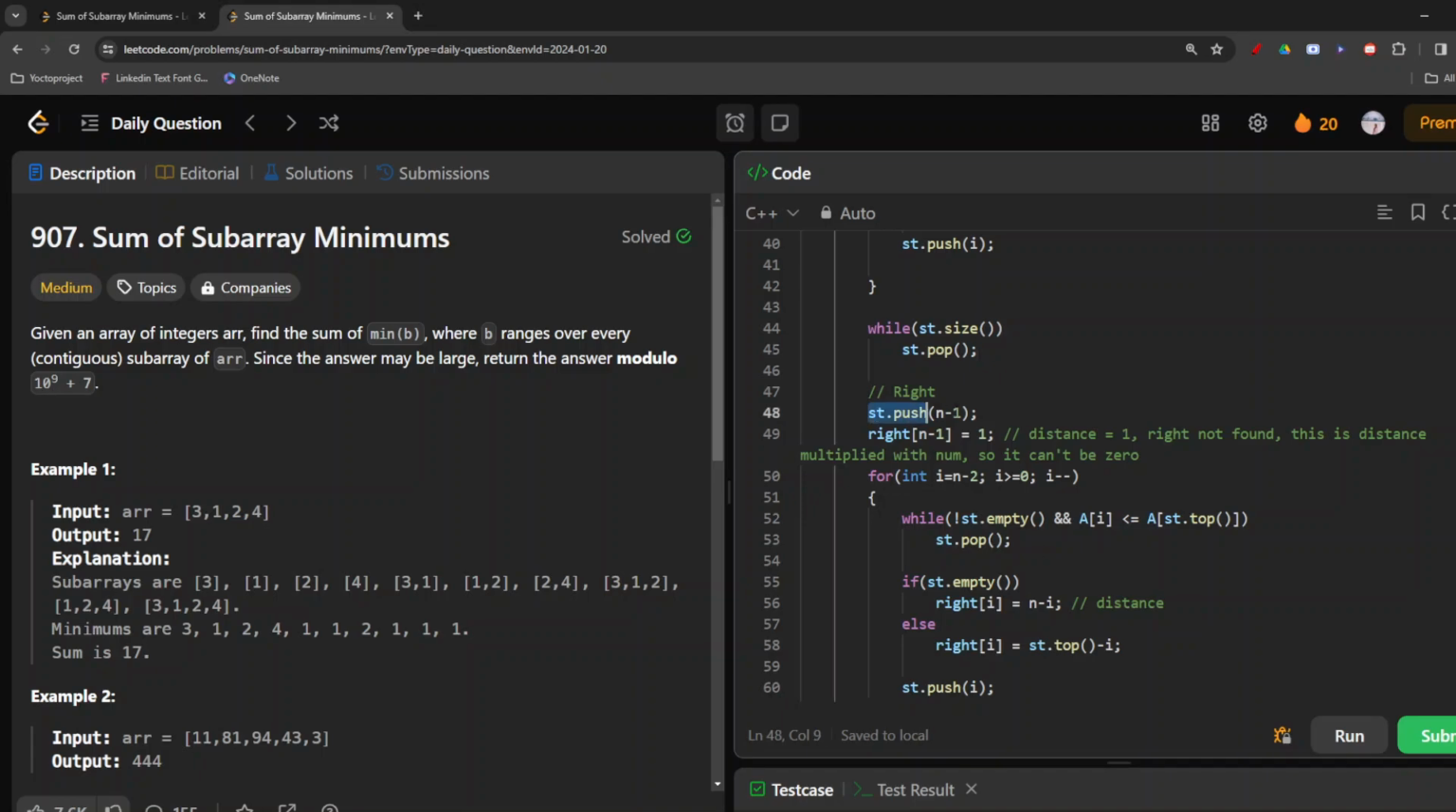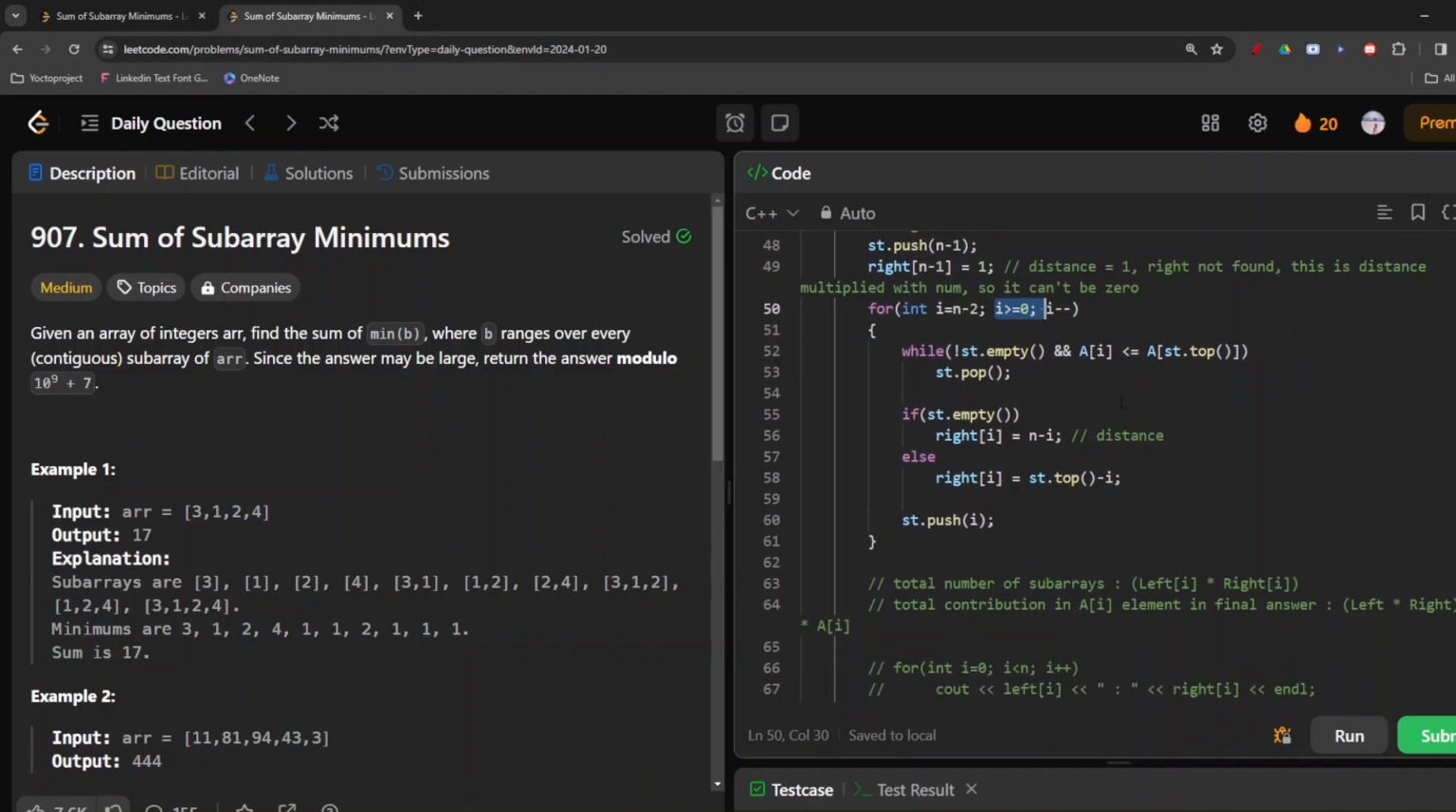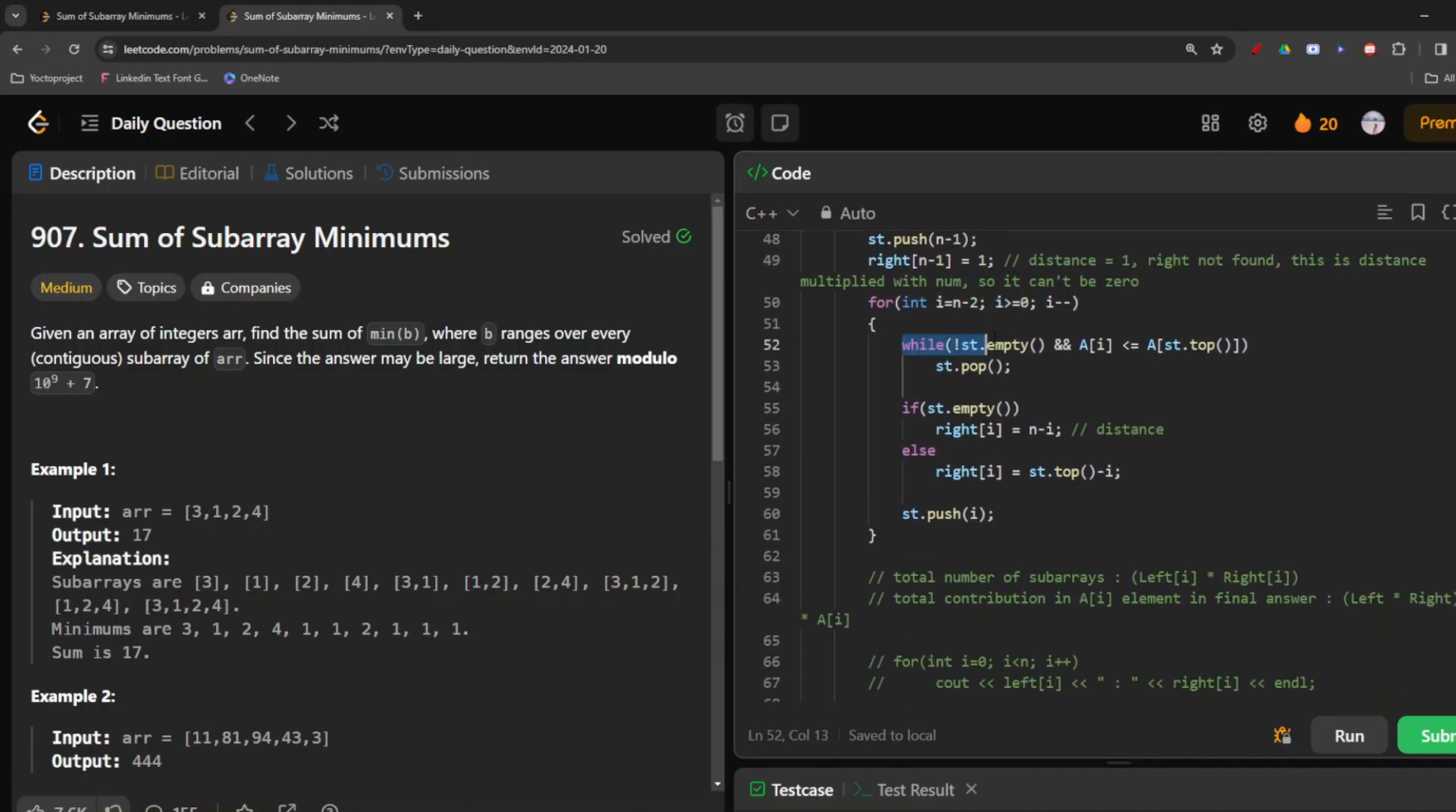Now here we are pushing the n minus 1 index onto the stack, and the right of n minus 1 equals 1, again the same distance equals 1. Now we start from the second-last element and go till i is greater than or equal to 0, including the 0th element. And now we do the same thing: if the stack is not empty and